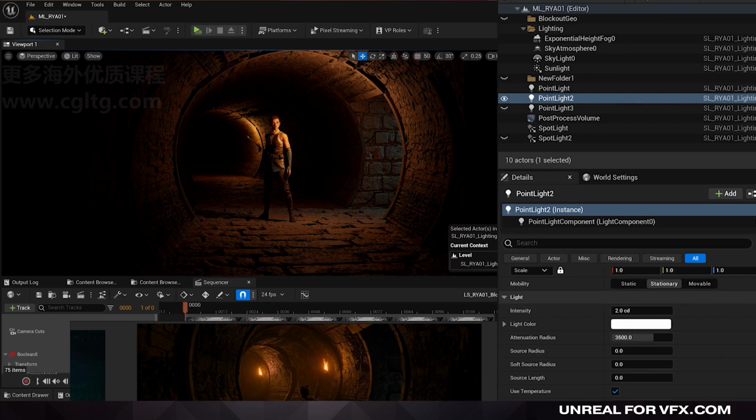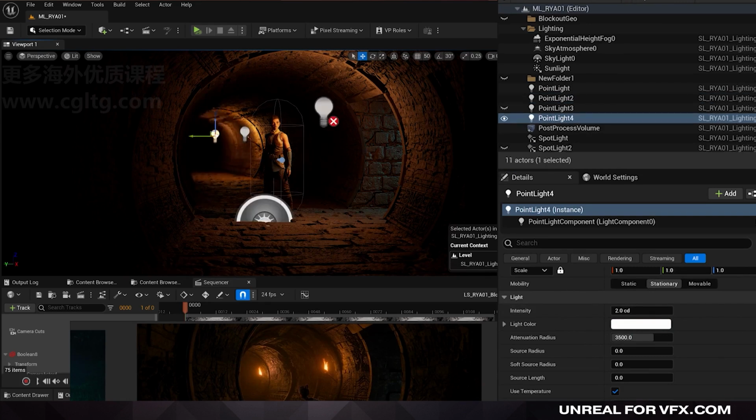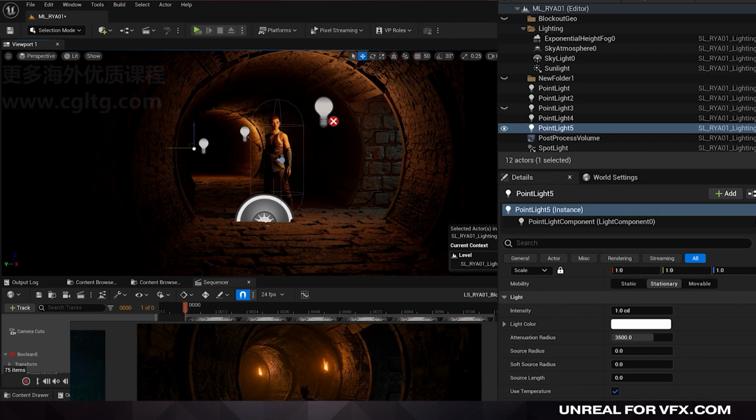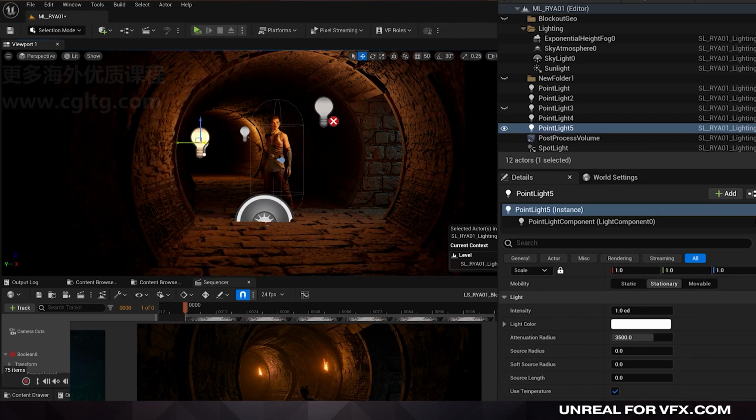But if we still want to get some light pouring back here, we can just duplicate that light and move it a little bit further back. And we can also place a couple secondary lights and just really reduce their intensity down to something very low, like 1 or even lower than that, just to fill in our shadows. We don't want it going too dark, and we want to always stay true to life, but we also want to be creative. So don't be afraid to cheat your light positions